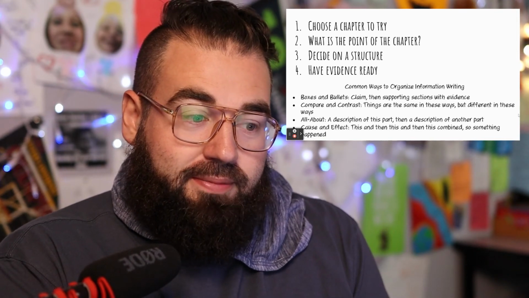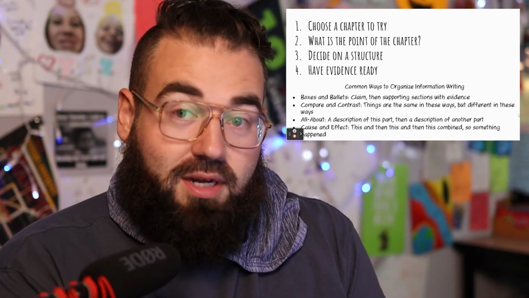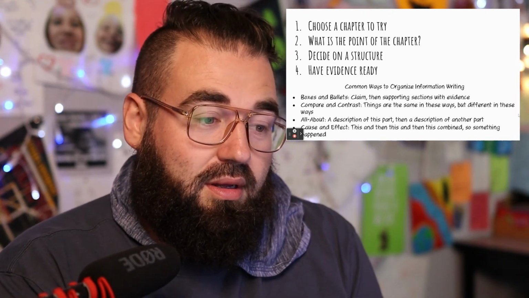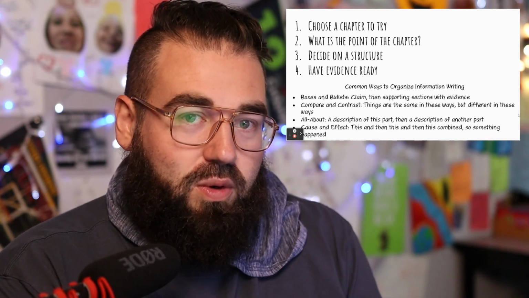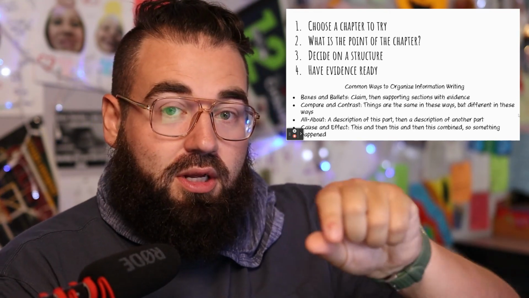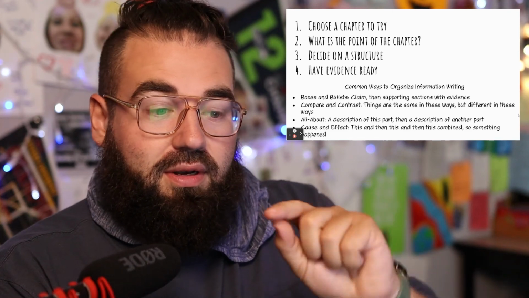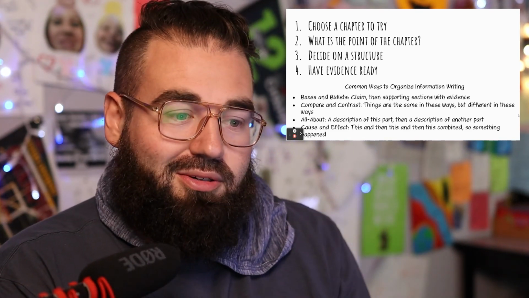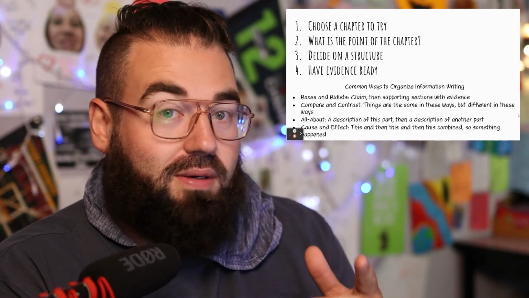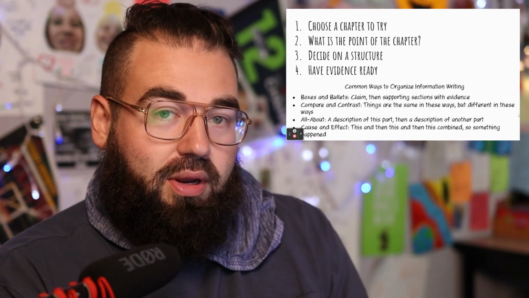Once you've chosen that chapter, as in right now you should be looking at it, look at your table of contents that has your chapter titles. Once you chose one, what's the point of your chapter? What are you trying to say? I would write it down. I would, in your journal, go down below your table of contents, rewrite the name of this chapter, hyphen, write in what is the point that you're trying to make, hyphen, and choose a structure that's going to really support that. A structure that's going to fit best with the point you're making.